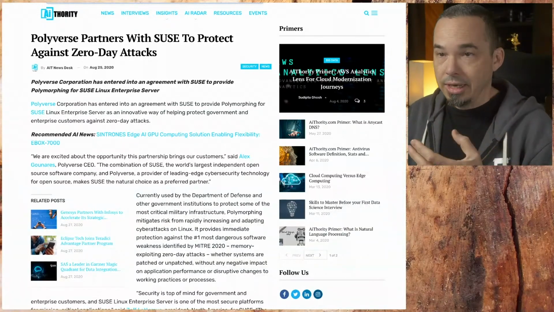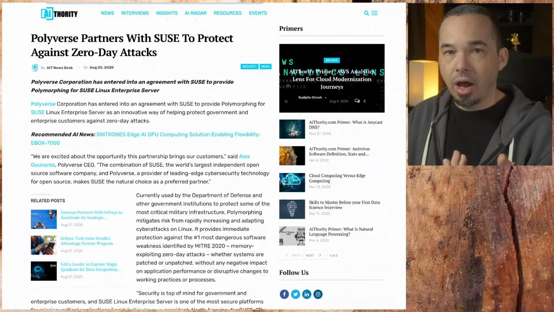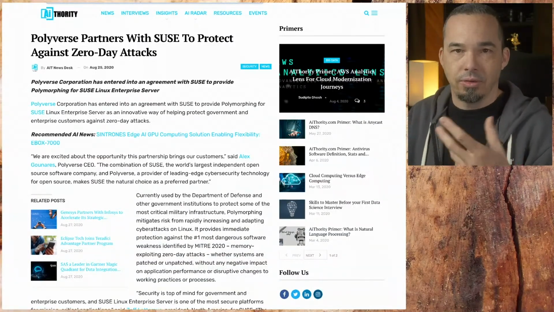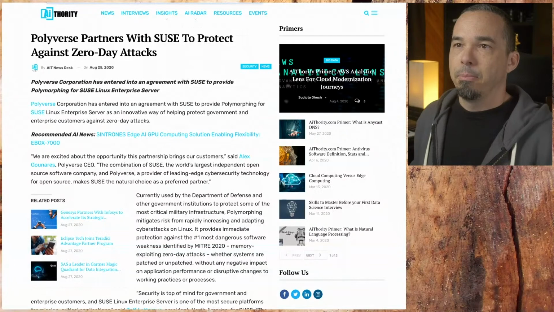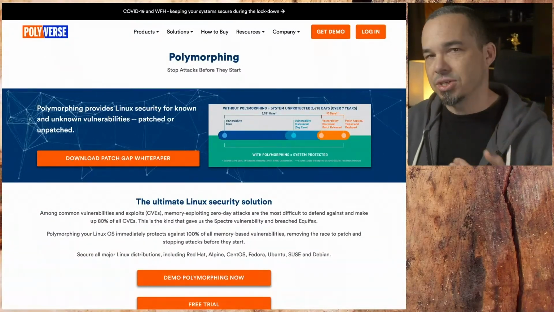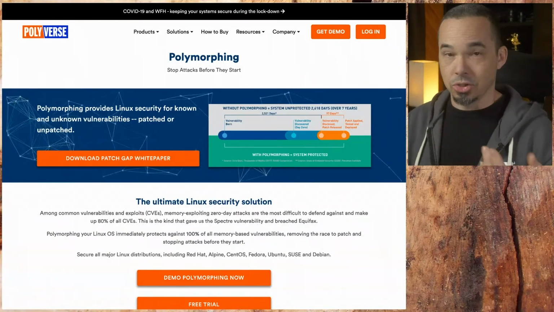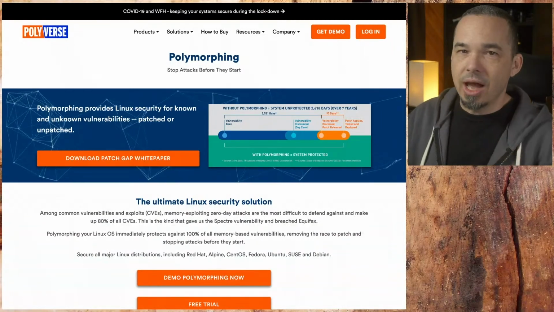Suse is deployed in lots of places, and being able to get a supported version of polymorphing on it increases the value of all of the places that it's deployed. But what is polymorphing? Polymorphing does binary obfuscation to stop zero-day attacks. What they do is so smart and probably not simple,